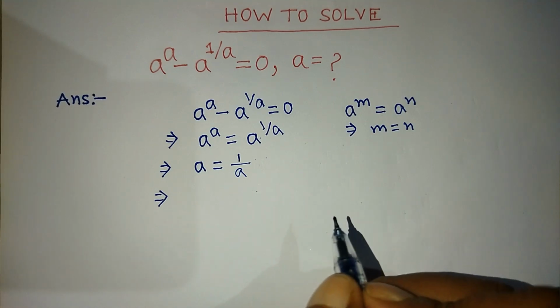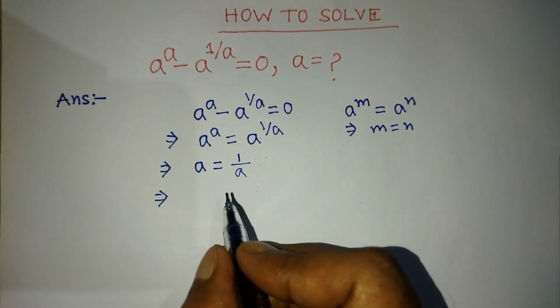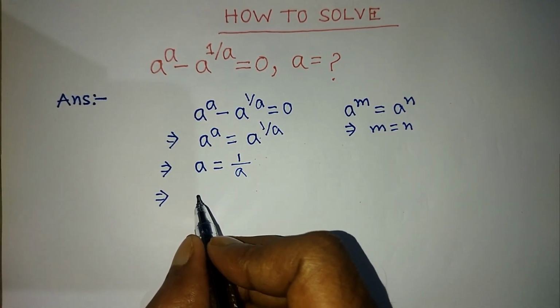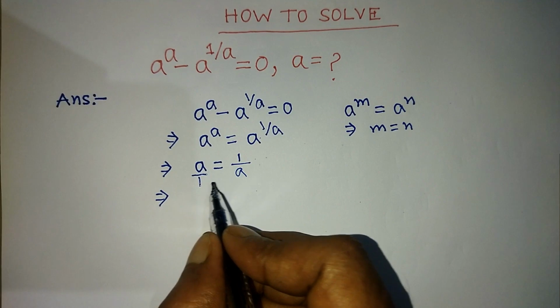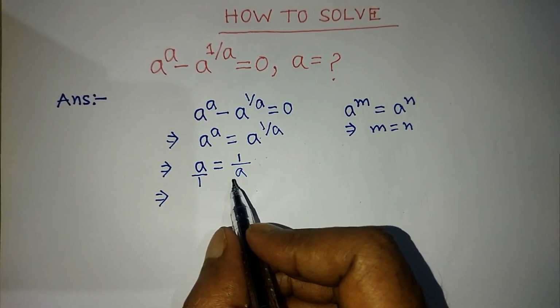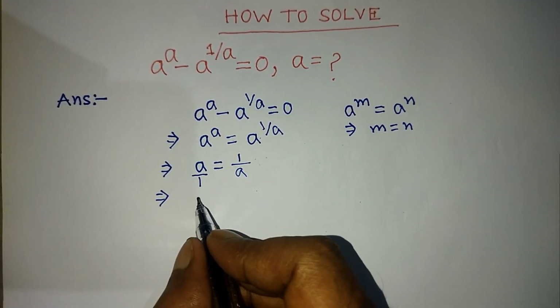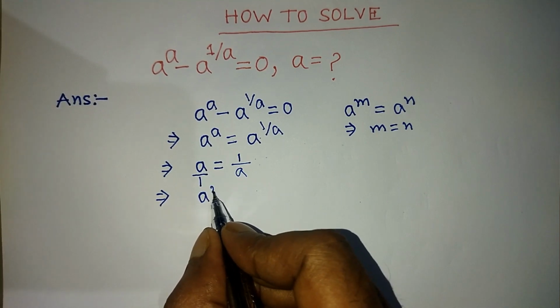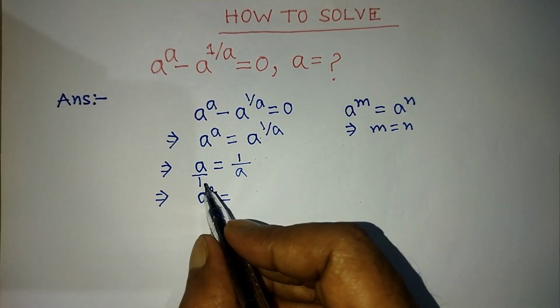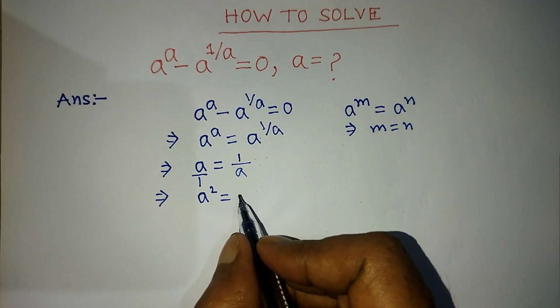After applying the cross multiplication method, on the left side we have to write a into a, that means a square, is equal to, on the right side 1 into 1,